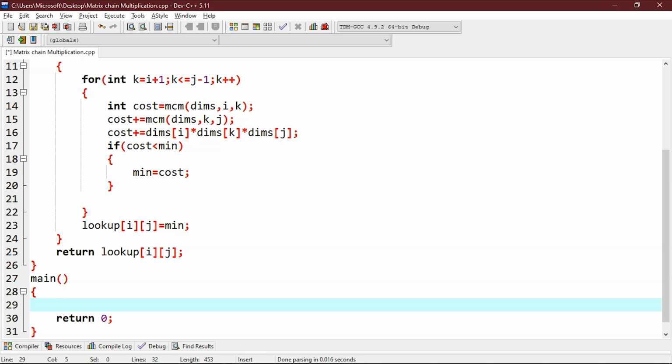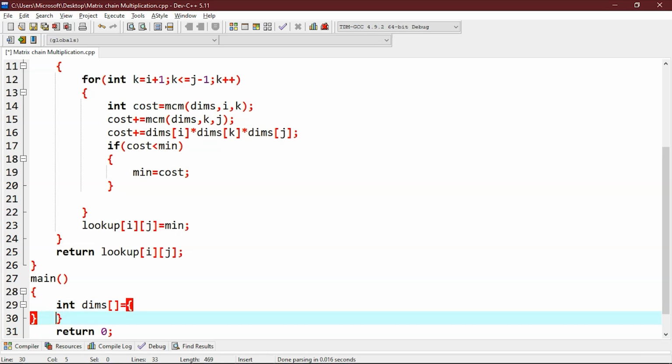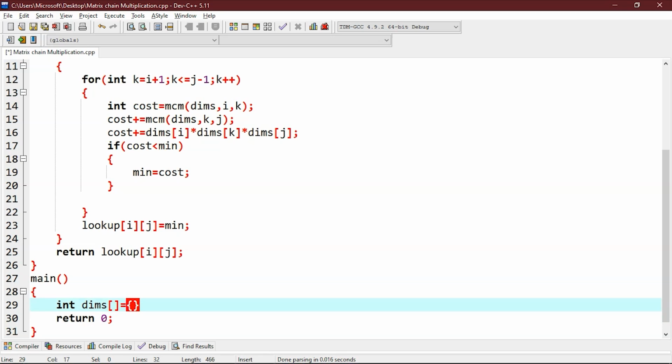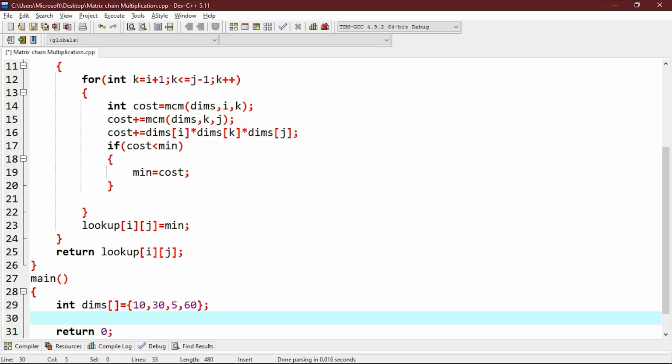Now let's define a matrix and dims equal to 10 comma 30 comma 5 comma 60. Now we will find the size of this dims array.